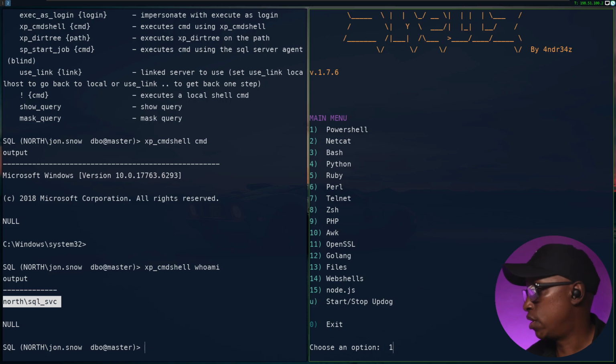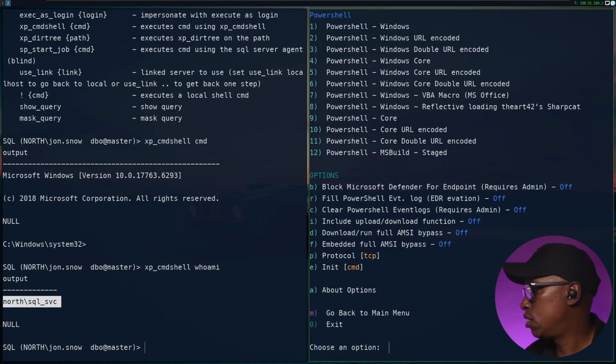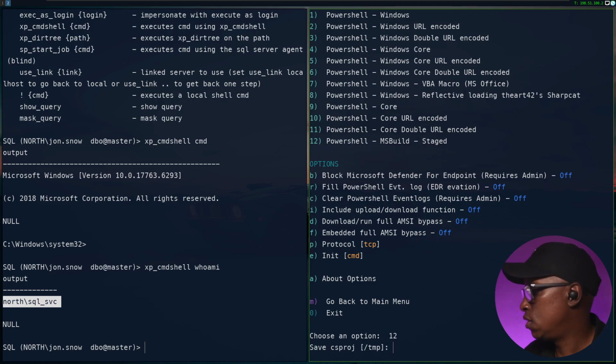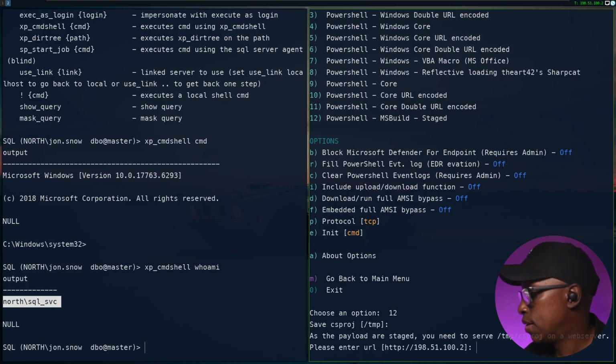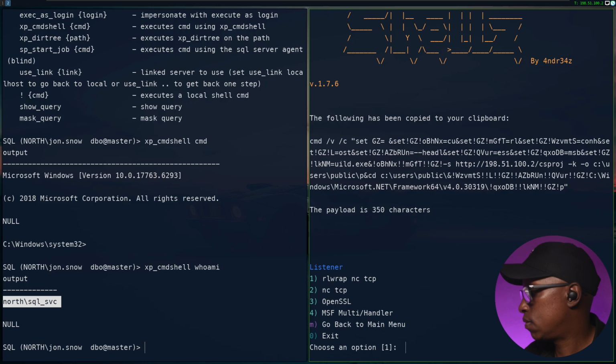I will go to PowerShell. I will set up my machine, my IP as a listener here, 198.51.100.2. I'll set it at 443. I'll put 1, and I'll put 12, which is a stager, and it'll create a CS proj file in this temp folder. So click enter. All right, so this is what we need to run